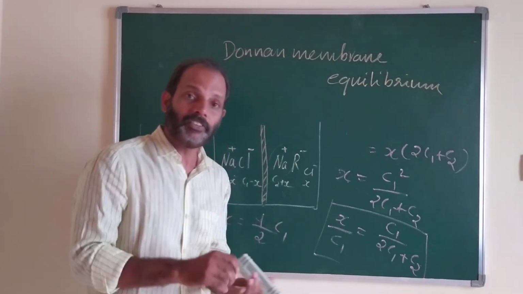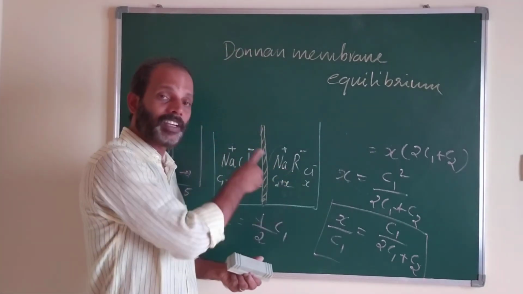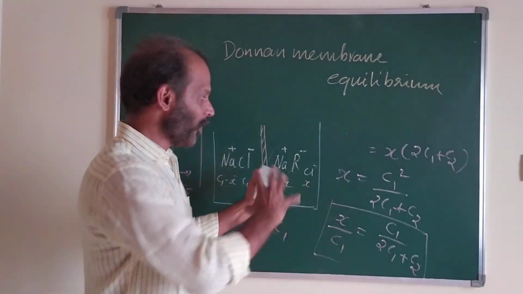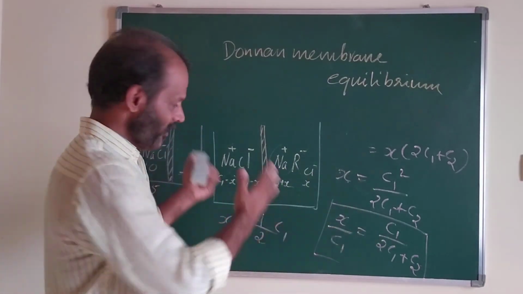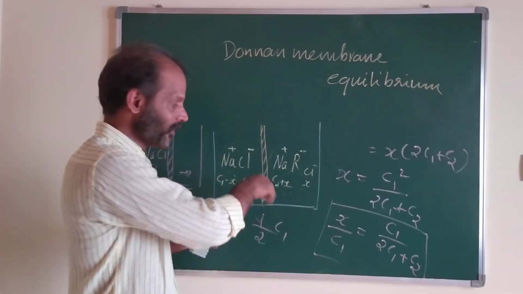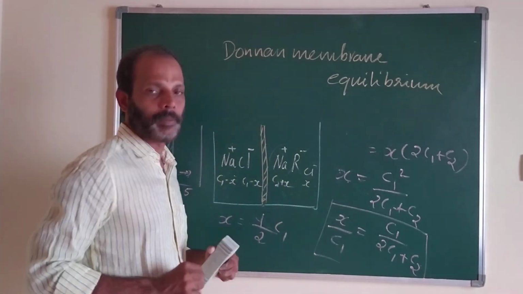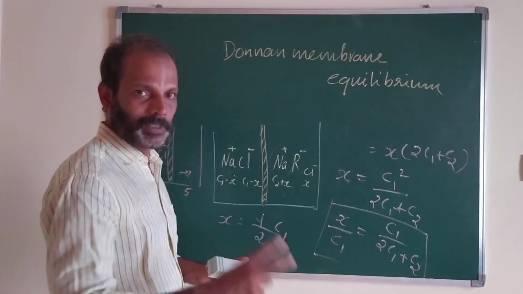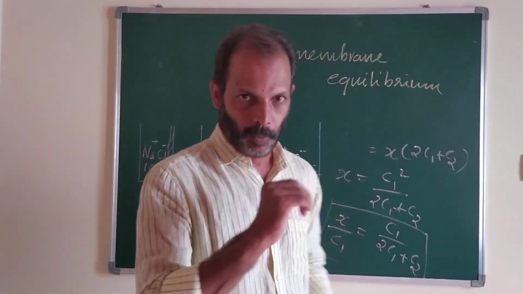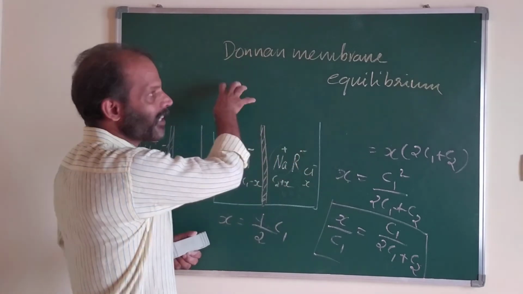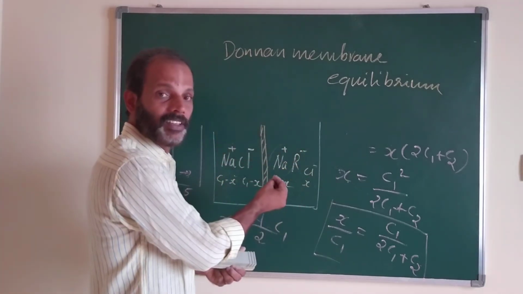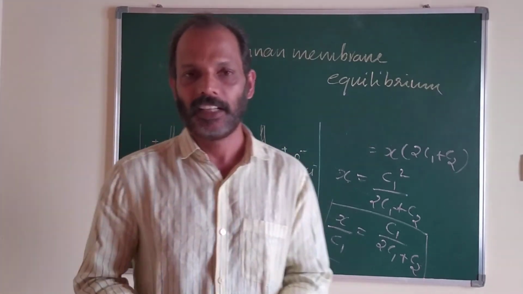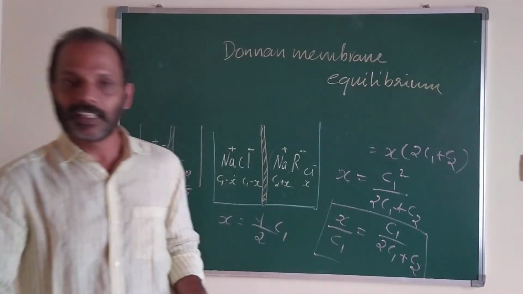This is possible only if we are keeping two solutions, one having diffusible and another having non-diffusible ions. If both are diffusible, no doubt an equal number of ions will be transferred through this membrane. It is only possible when one solution has diffusible and another has non-diffusible ions. In such a case, an equilibrium is established which contains an unequal number of ions, and that equilibrium is known as Donnan membrane equilibrium. And this is very important in our biological system, right?